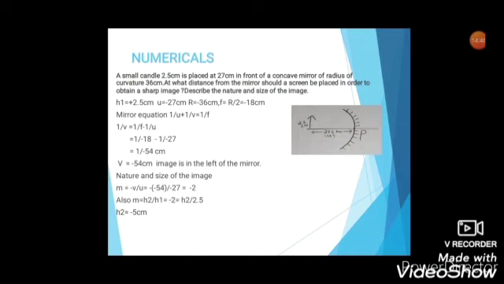So the enlarged image is formed. The image is enlarged, correct? Because the value from 2.5 has increased to 5. And a negative sign in the size of the image shows that the image is formed below the principal axis, correct? Anything towards the down of the principal axis is given by negative, so this -5 shows that the image is formed below the principal axis.